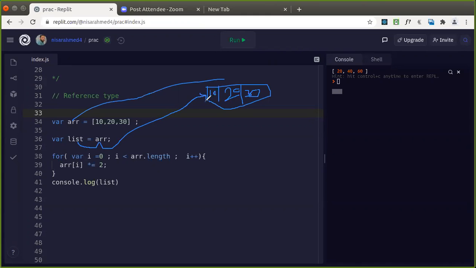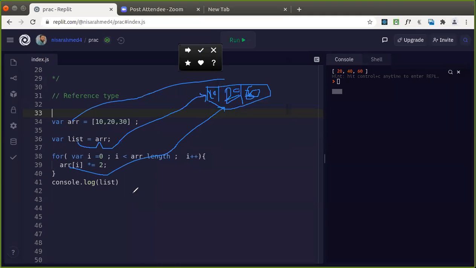location for that value. So any modification, now what I have done, I have performed the modification using array, ARR, that's the basic array. That is referring to this one. Now, when I have displayed list, we got 20, 40, 60. Why? Because in the memory, we have the modified values as these values are doubled. So this is 20, this is 40, and this is 60. So that way we could get the value. So this is what we mean by reference type.